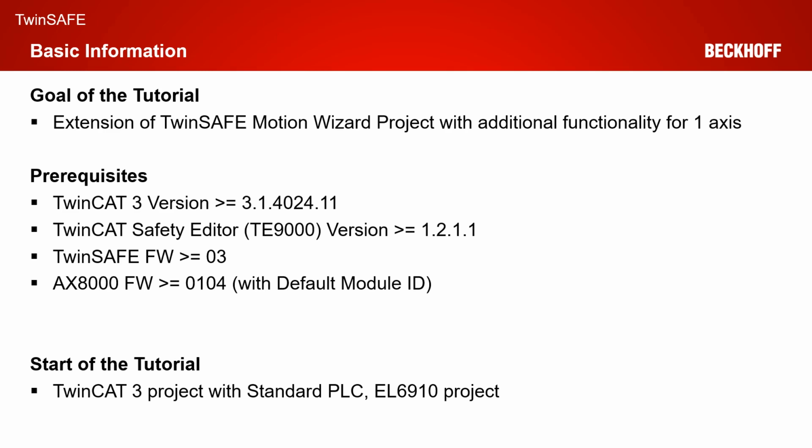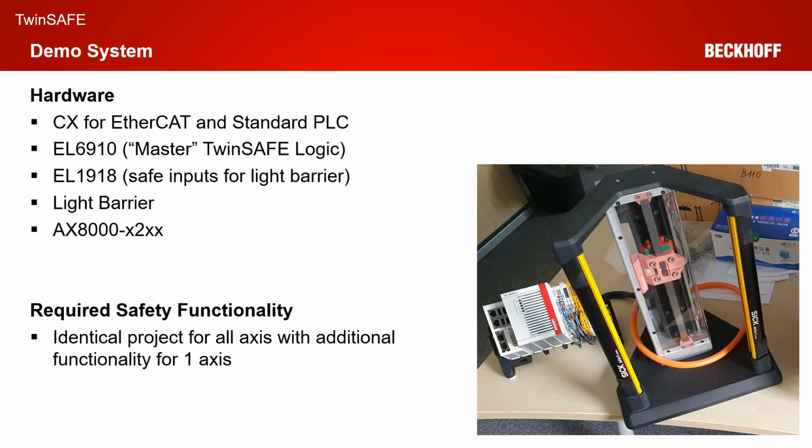As mentioned before, we take a complete TwinCAT 3 solution with a standard PLC and an EL6910 to add our required functionality for today. For the hardware, we are using a CX for the EtherCAT communication and the standard PLC. We have an EL6910 as master TwinSAFE logic. The logic is talking to an EL1918 and our AX8000s, of course. We have a light barrier connected to the EL1918, and we have two AX8000 in the X2XX safe motion version